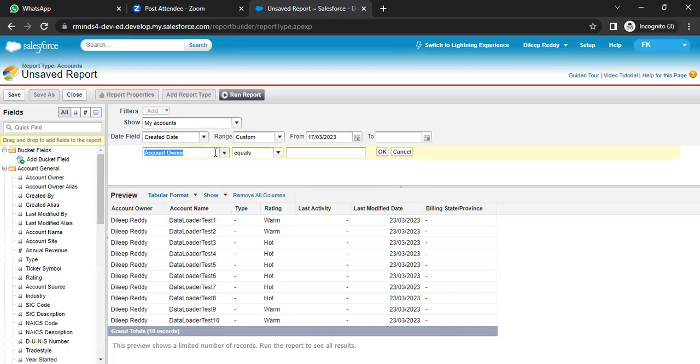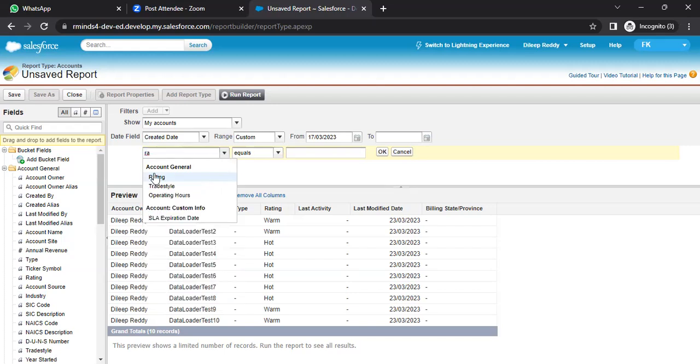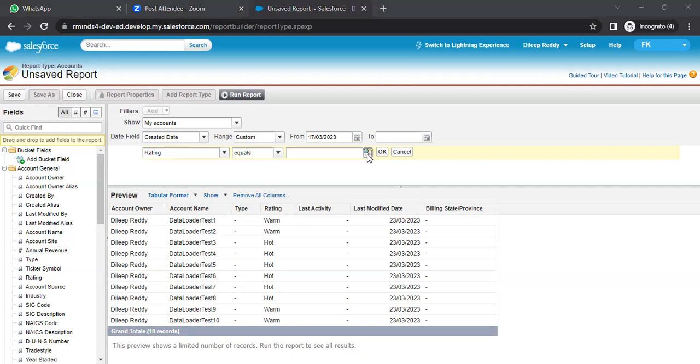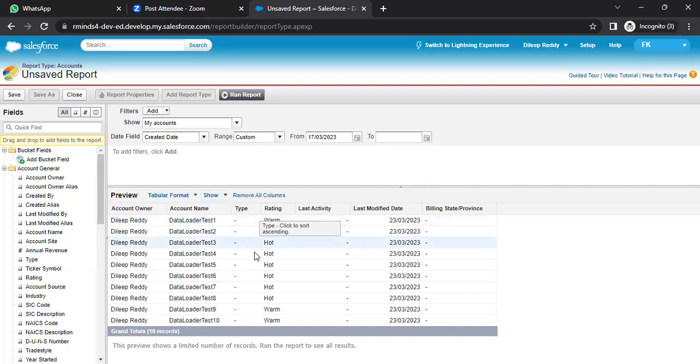Here, we'll be making use of two different things. Rating equals to hot, and I'm also putting row limit filter. Okay. 1 second. I can use only one of them. So what I'll do is